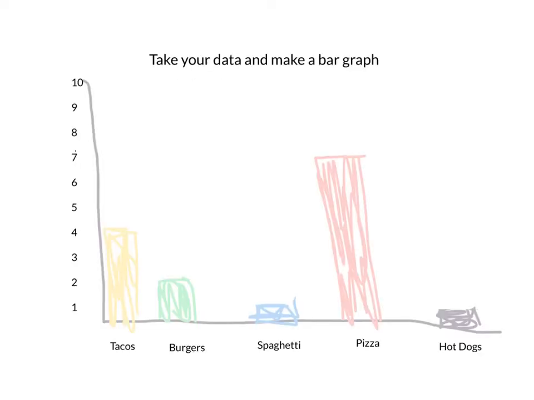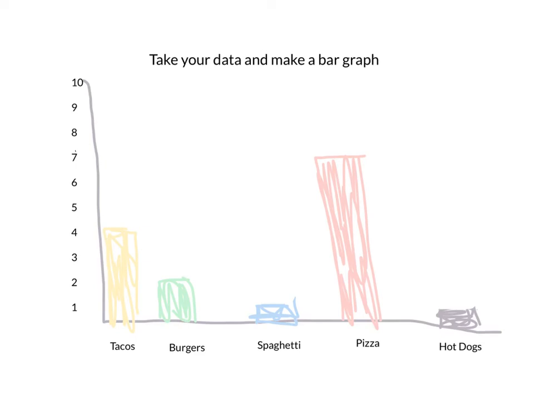Here you go. Here's my bar graph. As you can see on here, I put the numbers on the side. So I did 1 through 10. Okay, then on the bottom here, I did my choices, put those on the bottom,